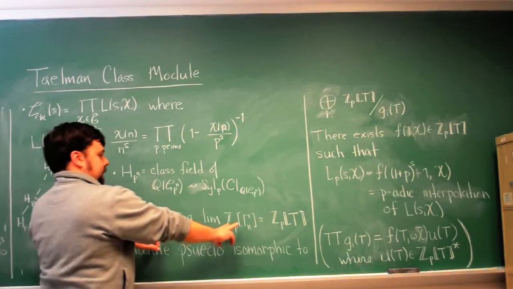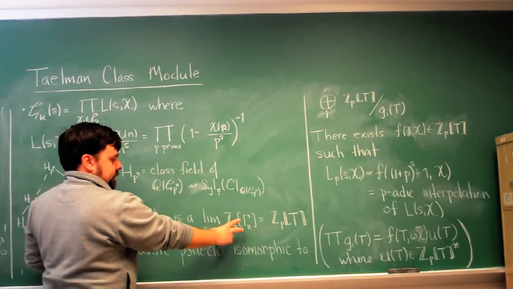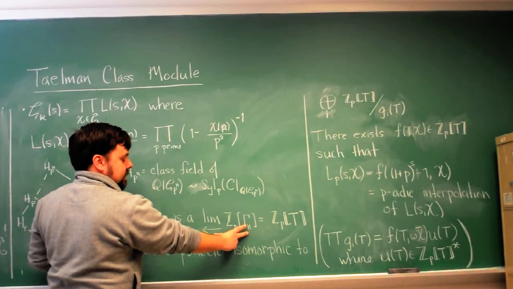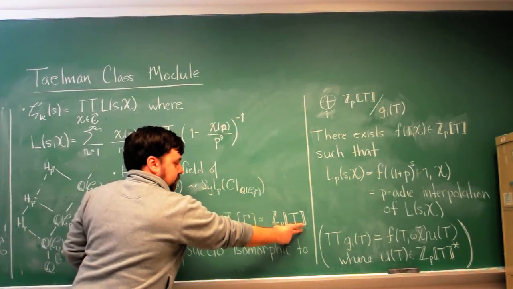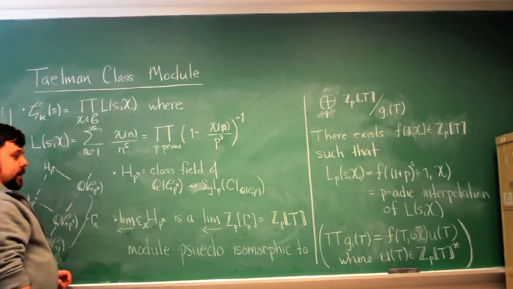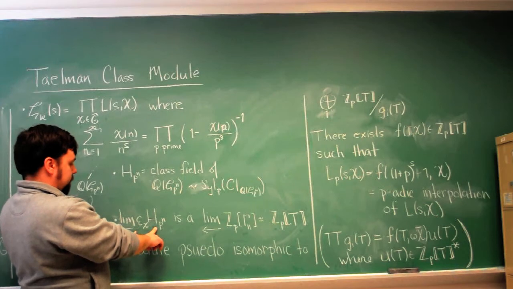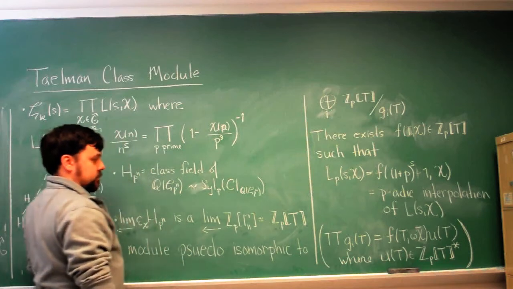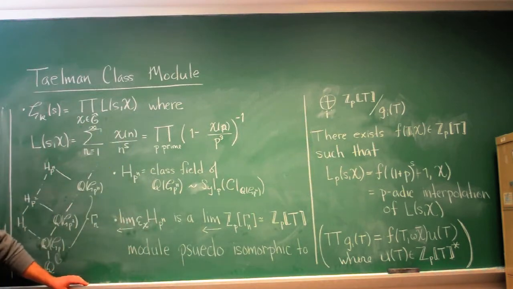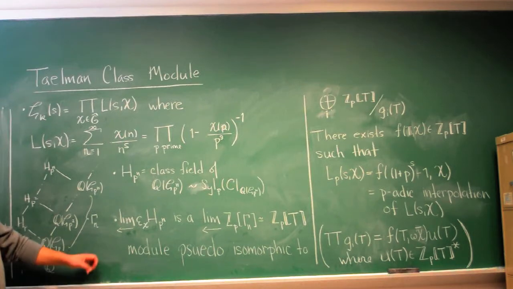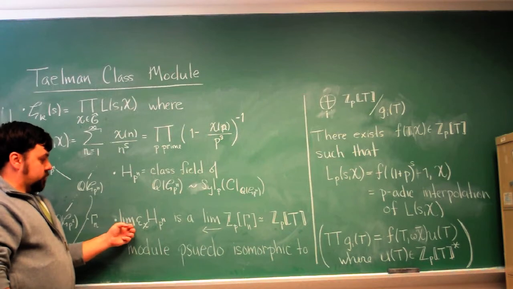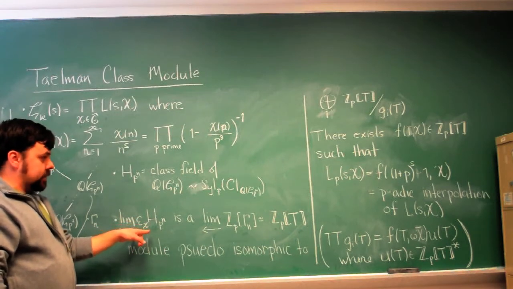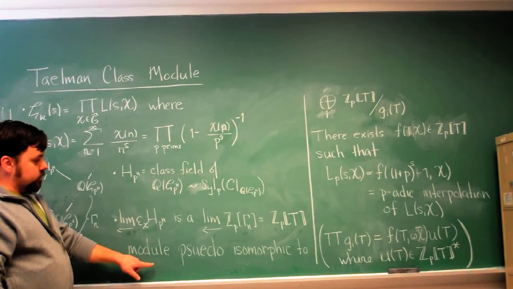So yeah, the action is coordinate-wise. Or you could think about it, actually, as it turns out, this is isomorphic to the power series ring in T. So you can think of this as a Z_p[[T]]-module, a module over the power series ring with p-adic coefficients. Right, okay. So that means, as it turns out, as a Z_p[[T]]-module, this is pseudo-isomorphic